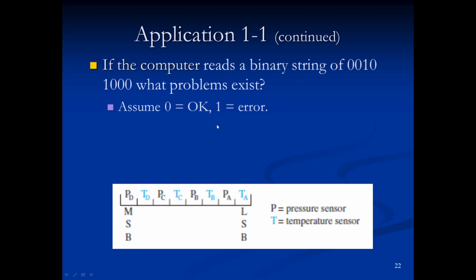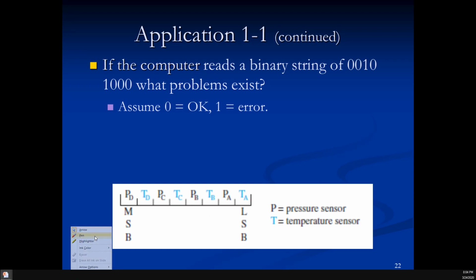Well, we know that any 1 is an indication of an error. So the problems are at the locations where the bit is 1. And it happens in 2 spots in this example. It happens on bits, if we number them with the most significant bit here being bit 7, we'll say, and the least significant bit here, this last 0, being bit 0, then we can say that there's an error on bit 5. And then also bit 3 has an error. Which, if we look down here into how we organized,